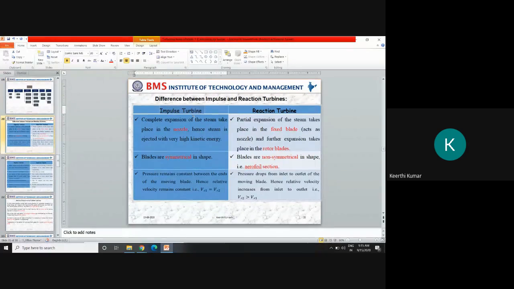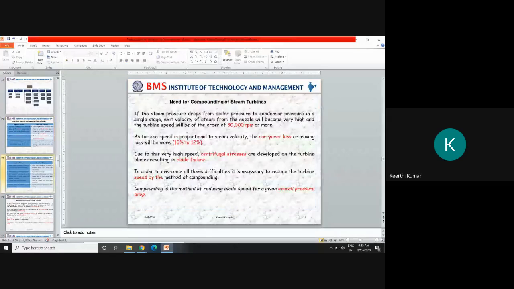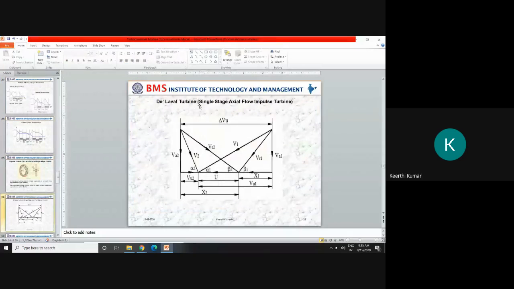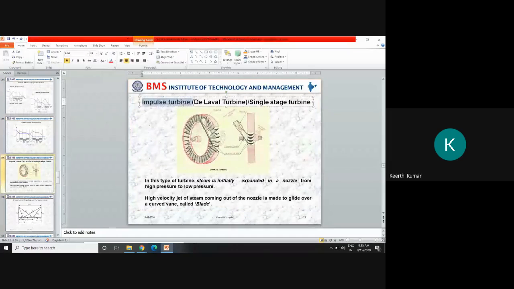What is the example of impulse turbine? D-level turbine. That's what I am dealing with here. See, impulse turbine is nothing but D-level turbine. It is called single stage turbine, and the buckets are symmetrical. You can see this figure and you can observe here. The blades are symmetrical means if I exactly cut this blade exactly at the middle, at the center, the left and right hand portions of the blades will be symmetrical with each other.